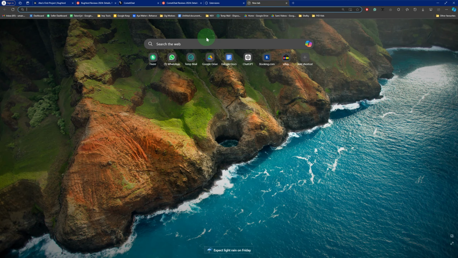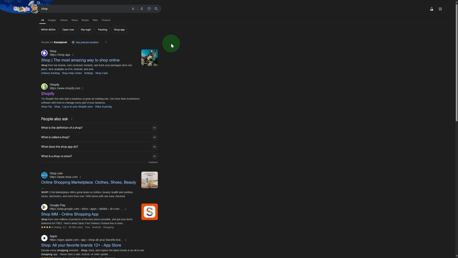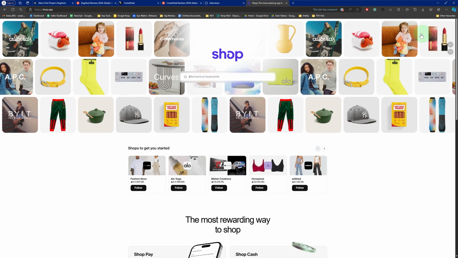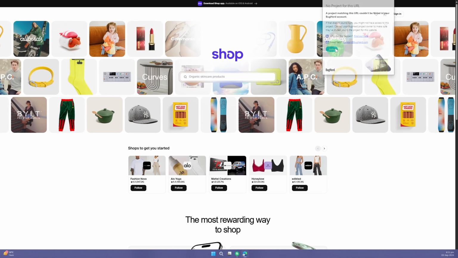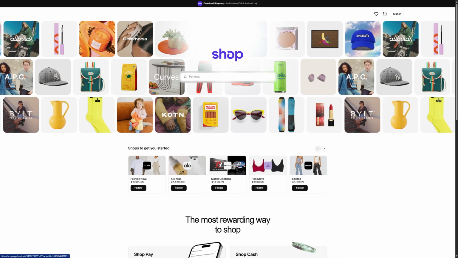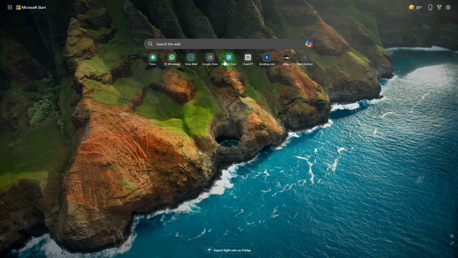Let's just open a website and let's head over to some shopping website. I'm going to be typing shop, and let's just say this is a platform and I want to report a bug for it. So I'm going to be heading over to my BugHerd extension and simply opening that. Let's just check out if it is working. Okay, so it was not working on that platform, but I